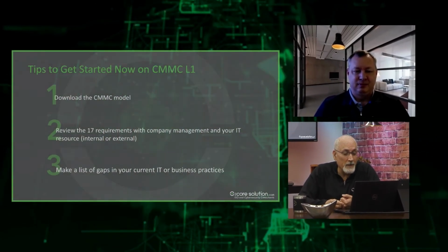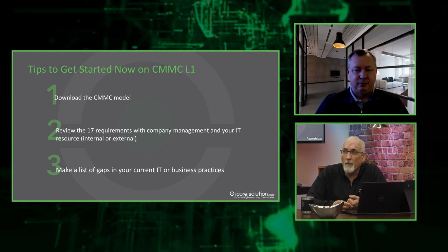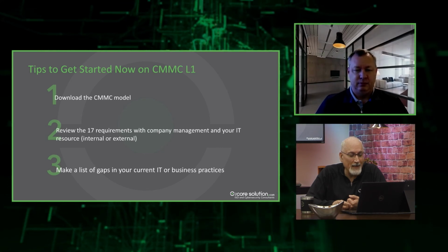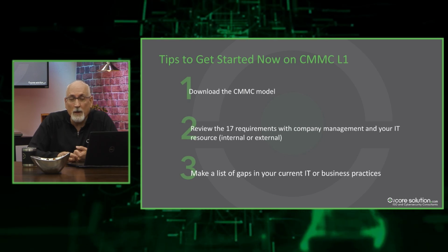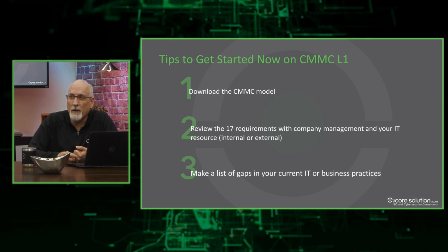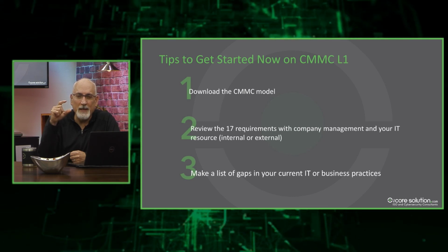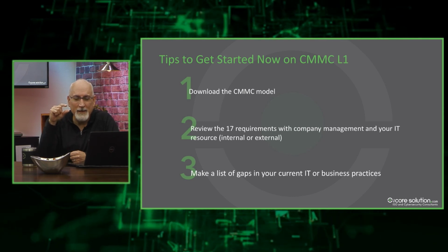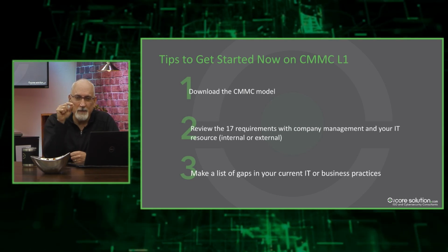So some tips to get started here. You can go on the website, the DoD's website. We can supply you the link. I think on the PowerPoint we send to you, it has the link in there to download the CMMC standard, or what they call the CMMC model. You can download the document. It is thick, okay? It's a thick technical document. You're looking for the 17 practices for level 1,